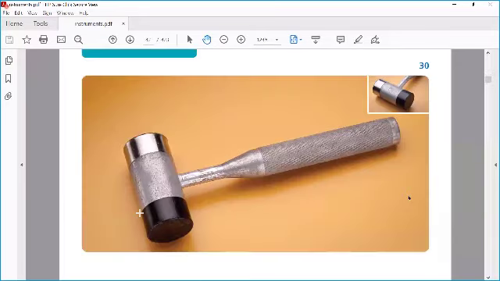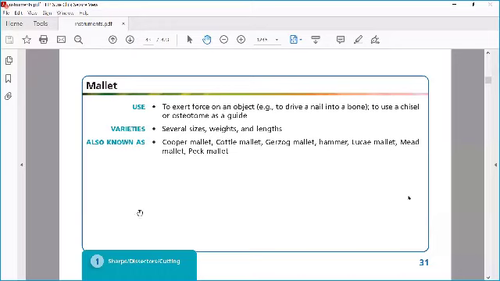Okay, what is it? Tell me the name of that, okay? Don't tell me hammer. Mallet. Yes, so this is a mallet, okay? So just tell them mallet, don't tell in exam it is a hammer, okay? Or they will cut your marks. So this is a mallet.